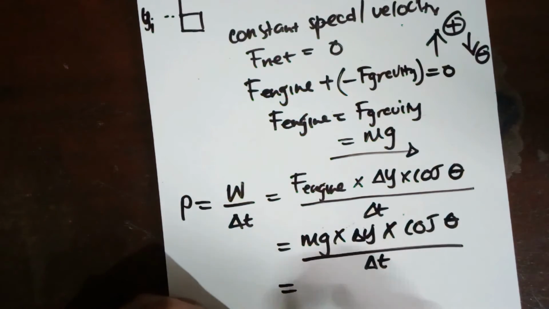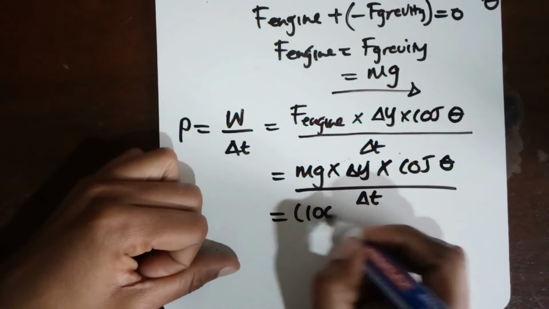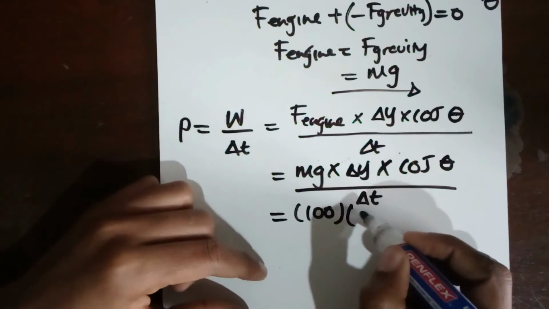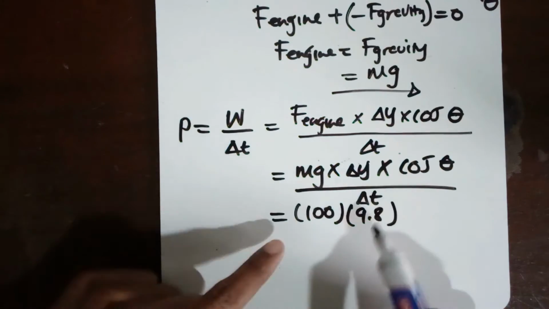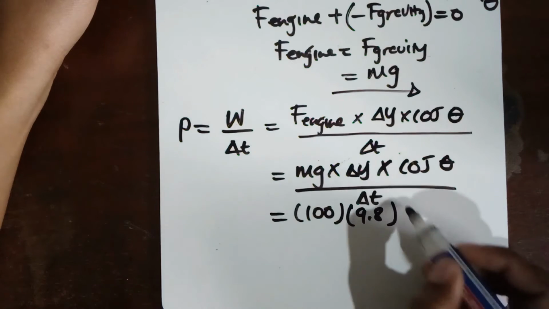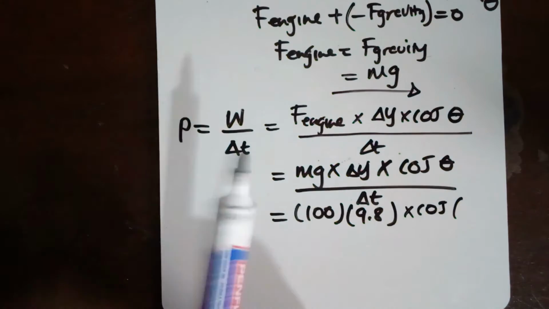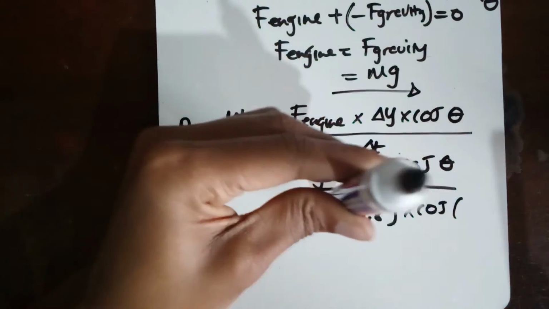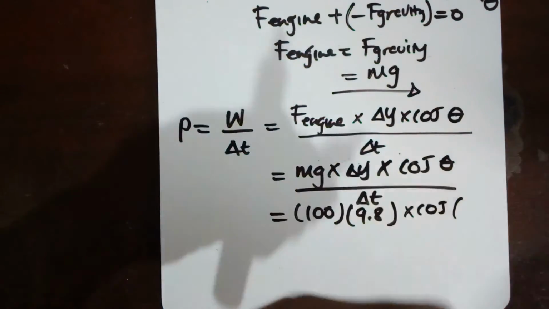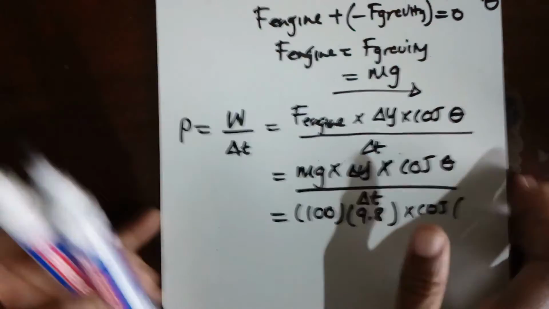So it's now just a matter of substituting everything that you know. We know the mass of this to be 100. We know g is 9.8. So we don't concern ourselves with direction, because power again is a scalar quantity, multiplied by the cos of that angle. So your object is moving up, right? It's going up, and as well as the force of the engine is also going up, like we drew it